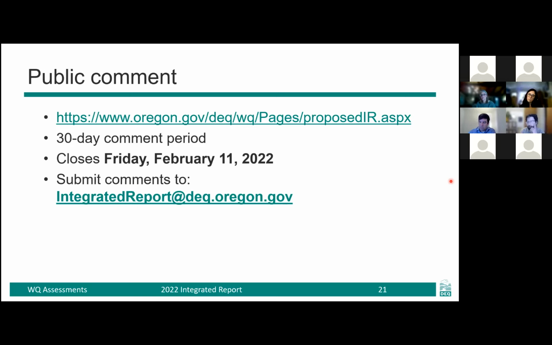This is a conversation that we've had over the years about the application of spawning criteria more broadly, where spawning doesn't necessarily occur. I was wondering what DEQ is doing in terms of getting better data to apply that criteria such that we don't have listings for parameters in water bodies where that use is really not supported.